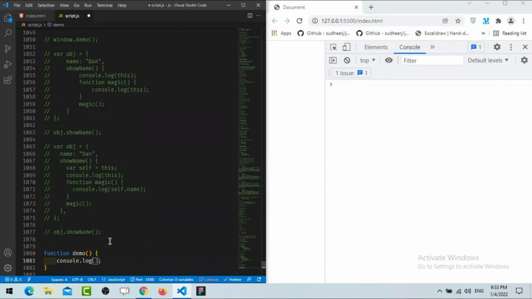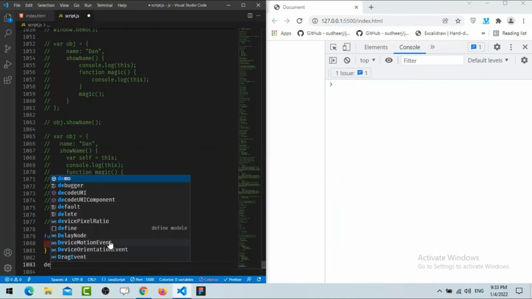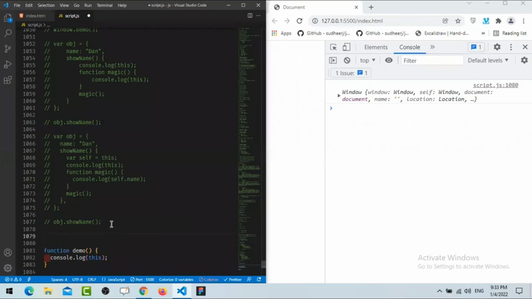As you can see, right now I'm saving this one simply and we'll call this one. In this case, the independent function will return window. But if you are inside use strict, or in class mode, if you are using use strict, then in that case you will get